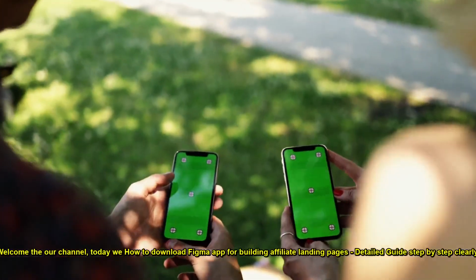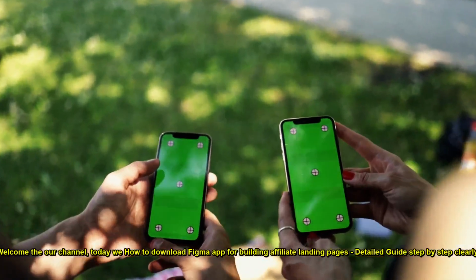Welcome to our channel. Today we show how to download the Figma app for building affiliate landing pages. To download the Figma app, start by opening your preferred web browser. In the address bar, type in www.figma.com and hit enter. Once the Figma homepage loads, look for the sign up or login button located in the